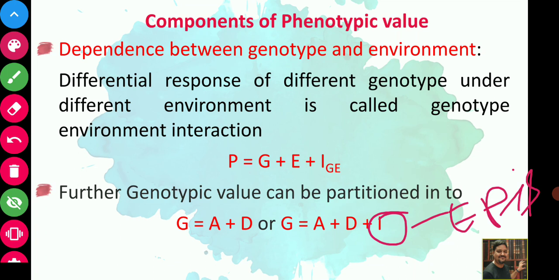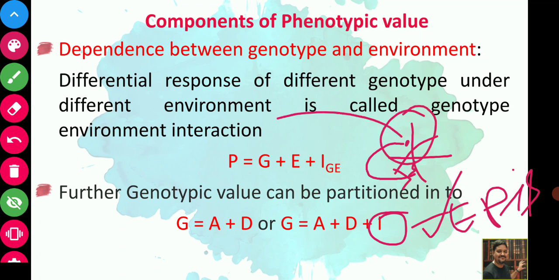This is also a temporary combination of alleles which are not present on the same locus. So epistasis is also not a permanent combination, but a temporary combination in that particular generation, and it is not getting transmitted to the next generation. Why? Because of the phenomenon of crossing over. Suppose this gene is epistatic to this particular gene, but in the next generation there will be crossing over at this point. So this gene will go somewhere and that gene will go somewhere else, and in the next generation this epistasis effect will not be there.